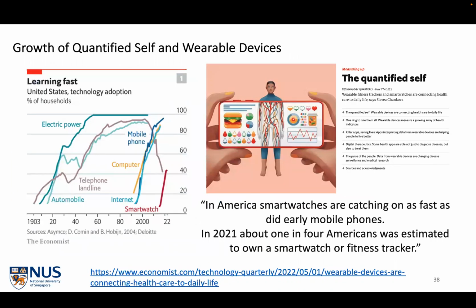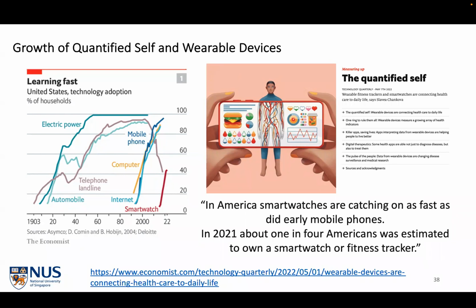You combine this concept with what's called the quantified self, the ability for people to strap a watch on their wrist, which allows them to monitor their health, sleep, activity and fitness, and chronic diseases or illnesses or treatment of chronic diseases such as diabetes and epilepsy and things like that.